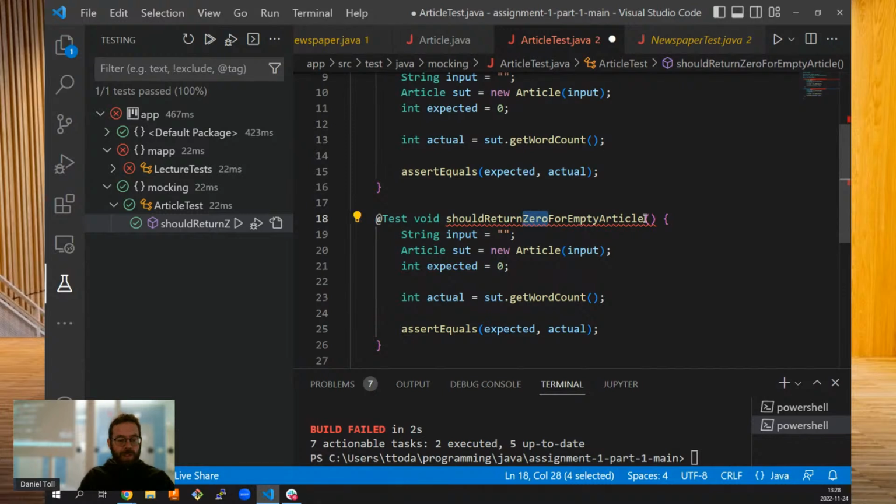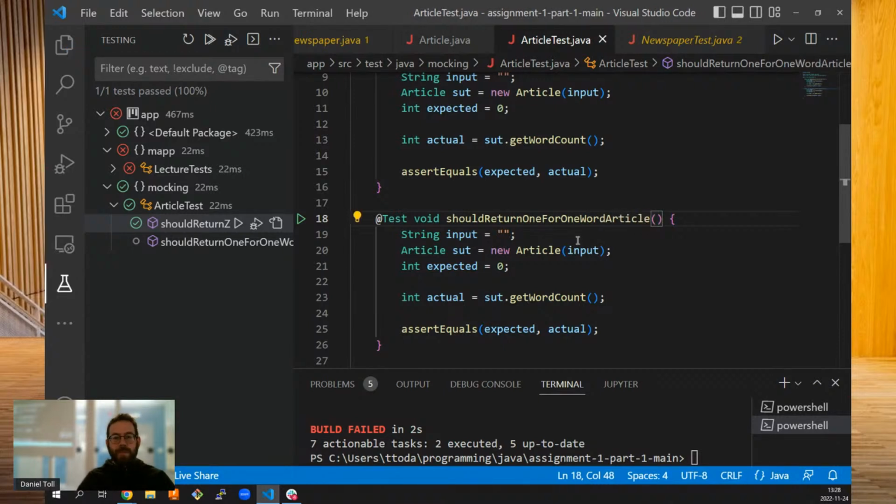Should return 1 for one word article. And let's have one word article and one word article. This is,